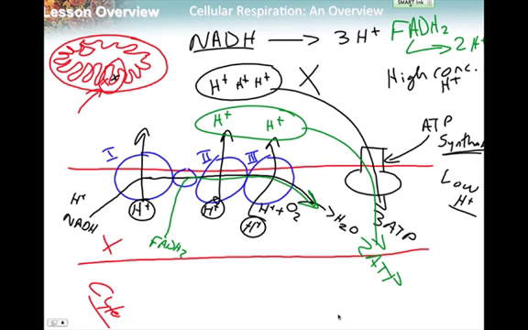FADH2 is slightly less effective. However, you'll notice that FADH2 here enters into this intermediate electron carrier protein, then goes through the second and third, and then eventually exits. Again, names aren't necessarily important to us. Just simply know that it bypasses this first one. What that means is that your FADH2 only moves 2 hydrogen ions. Because it only moves 2 hydrogen ions, you're only going to get 2 ATP out of it,